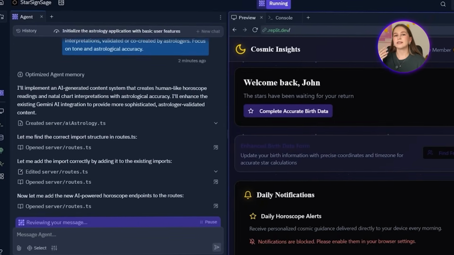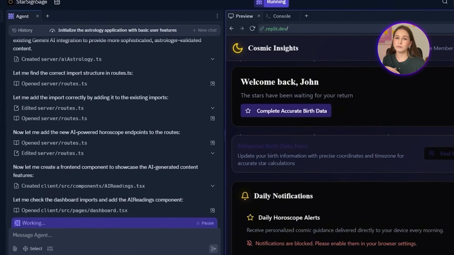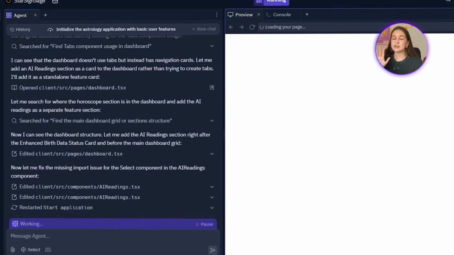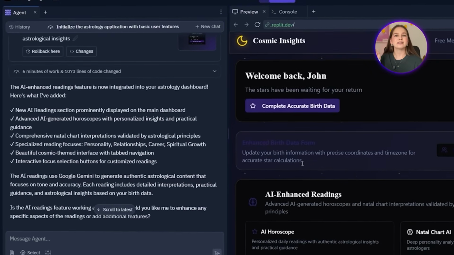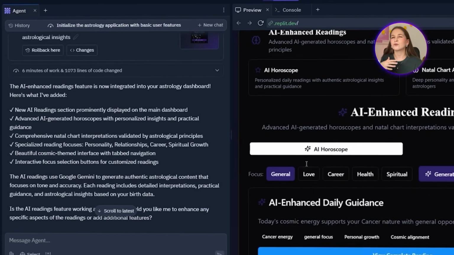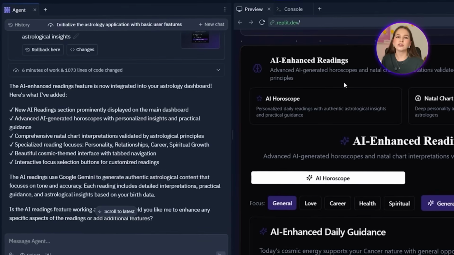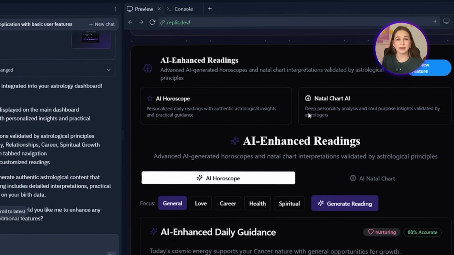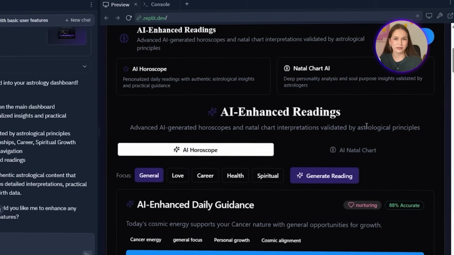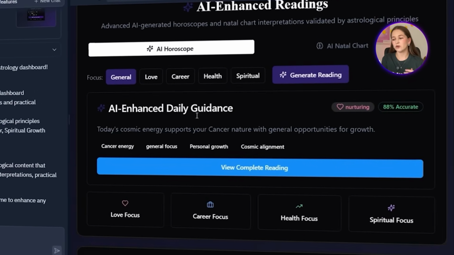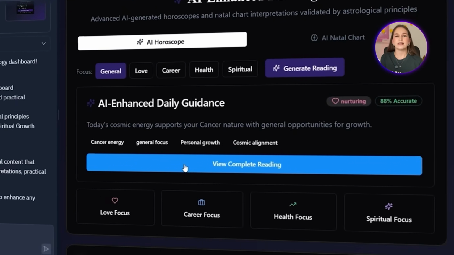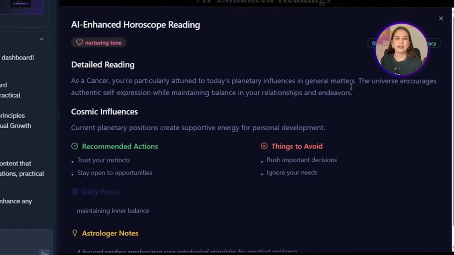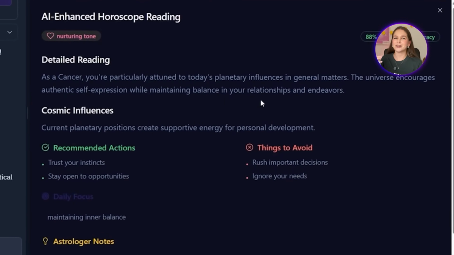It's also upgrading the current Gemini AI setup so it can generate deeper, more nuanced interpretations, not just basic tags, but readings that are crafted with tone, structure, and real astrological logic in mind. After a few checks, the new system is fully in place. Let's test together now what's changed. Okay, over here on the astrology dashboard, the updated daily guidance now shows a complete AI-generated reading that is noticeably more advanced.